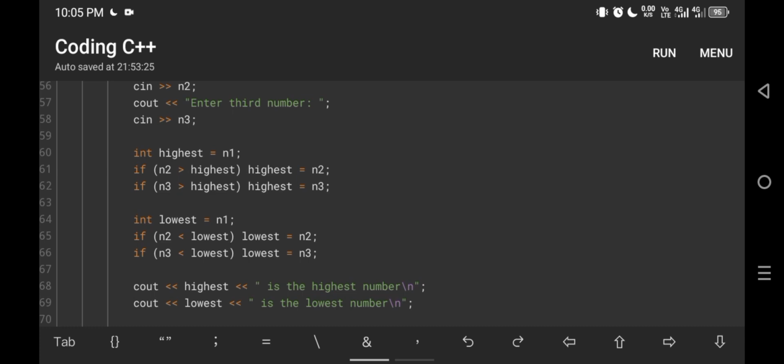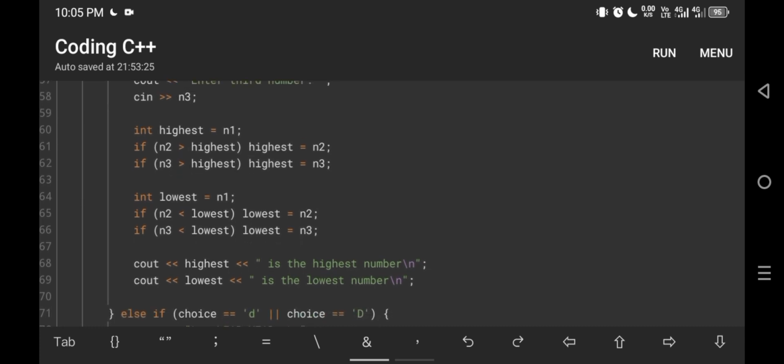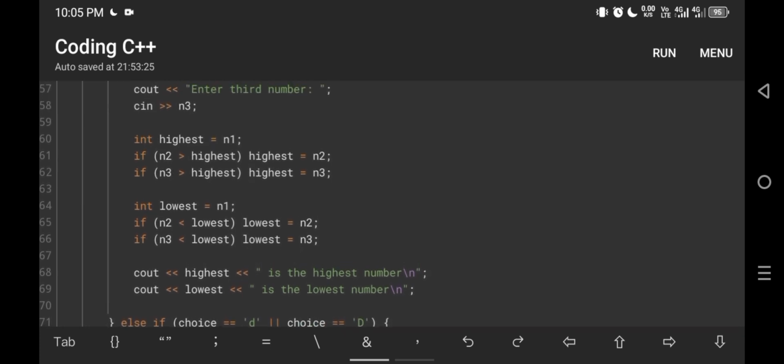We declare the variable name for the highest number as highest and for the lowest number as lowest. Here in lines 60 to 62, as you can see, we are finding the highest number by comparing them using the greater than and less than operators.